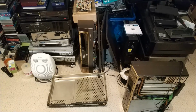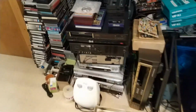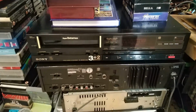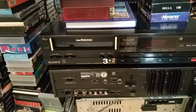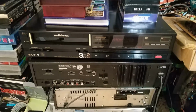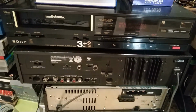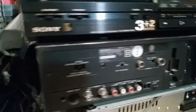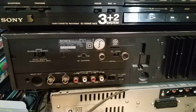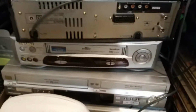So what am I going to look at next? I've got a few things possibly to look at. Some interesting Beta stuff going on here. Oh, what's that? 500 ME, multi-standard. It's actually got a bad front-loading system, so we might have a look at that in a future video. Black C9. It's C9ES. So yeah, and then we've got some modern VHS stuff,